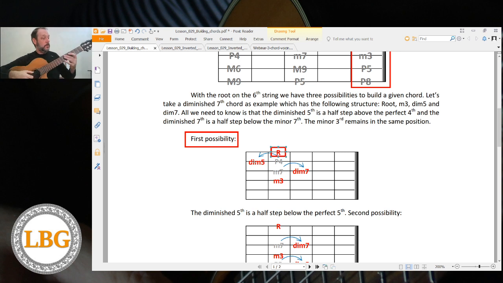So we have this. All you have to do is, instead of playing the perfect fourth, get a half step above, the diminished fifth, right? Here we have already the minor seventh, but we need a diminished seventh. So instead of playing on the same fret, we are going to play a fret below. And finally, we need a minor third, which is already on the same fret, right? Okay, so this is the first possibility,